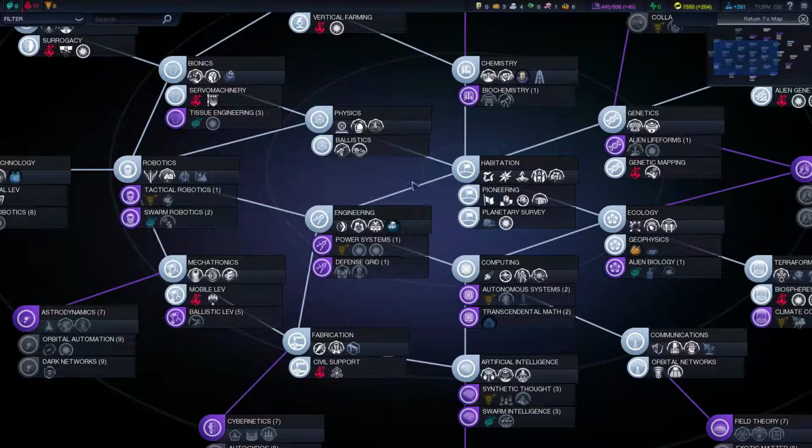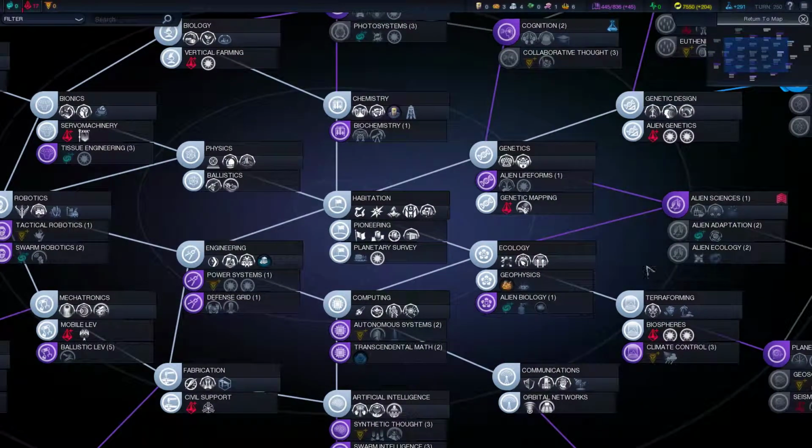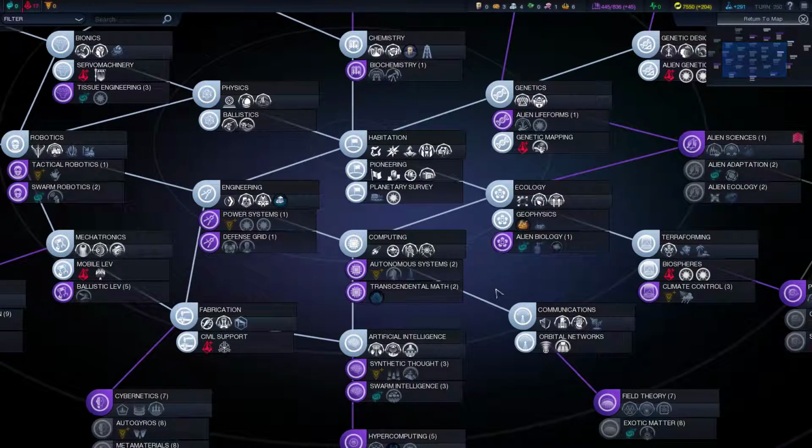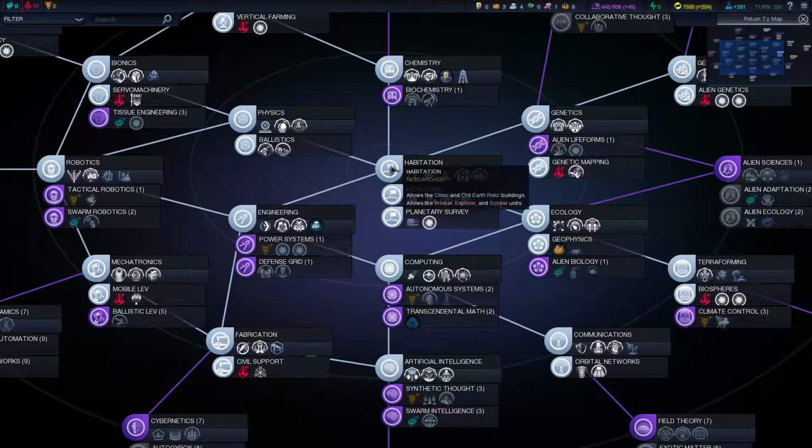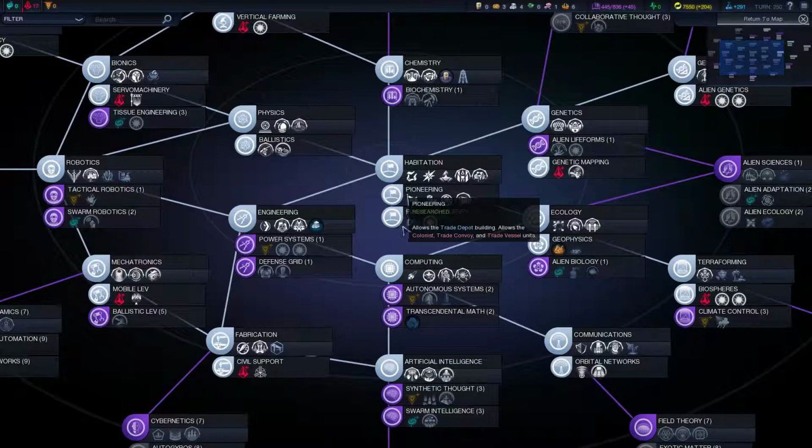That comes anyway as part of the game. As you move through some of the more complex ones, you will get more powerful units, and that's just part of the route through. One thing that I will point out, because it took me a little while to find out, is habitation is almost essential, and pioneering and planetary survey to begin with. It's very, very worthwhile focusing on that one to begin with, and unlocking all of those routes if you can